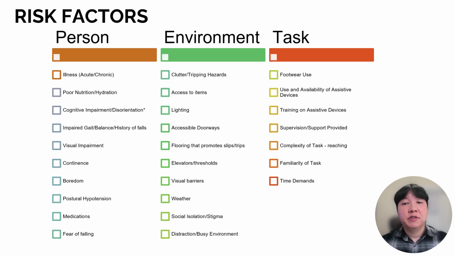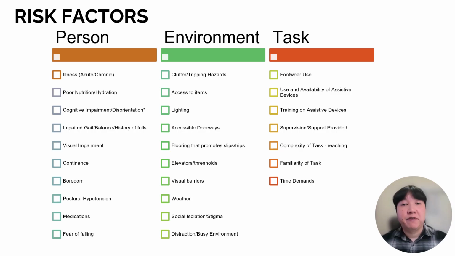Let's consider the risk factors that contribute to falls. On this slide, fall risk factors are organized into 3 categories: person-related risk factors, environmental risk factors, and task-related risk factors. If you have a client who has fallen, you can gather information about the person's risk factors, such as visual impairment and impaired balance, that can contribute to their fall. You can also take into